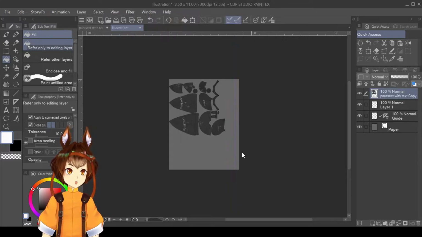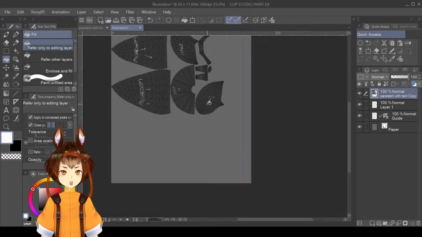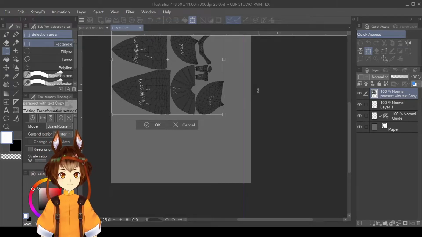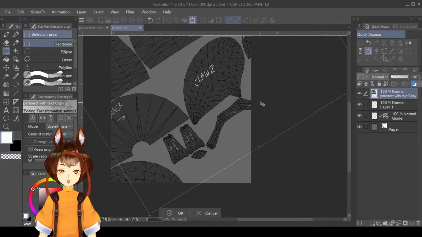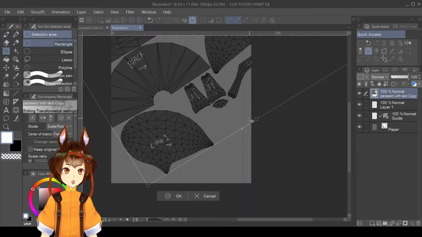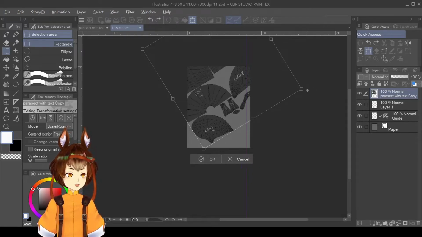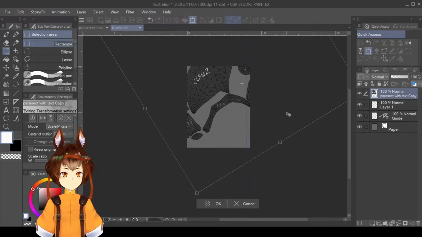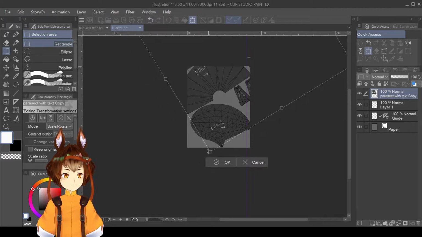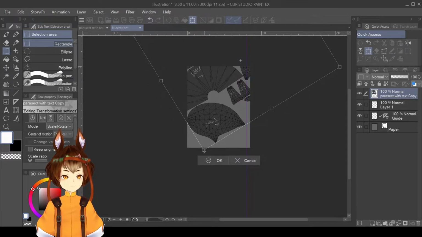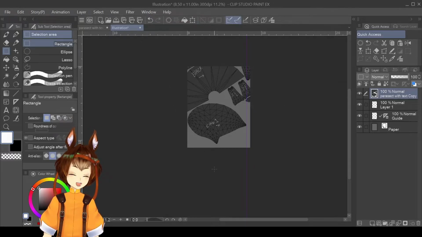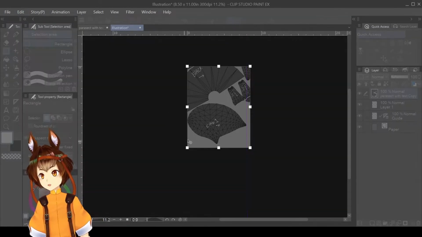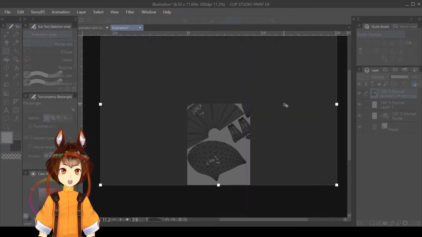Now I'm going to scale him. See, here's his claw. That's what I'm scaling based on. Going to be an absolute unit. Whoopsie. Keep messing that up. A little smaller. There, that's good enough. Now he's gigantic. I've got to make my canvas bigger so I can get all of the